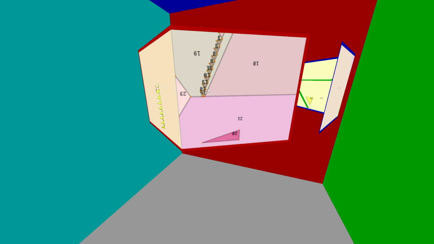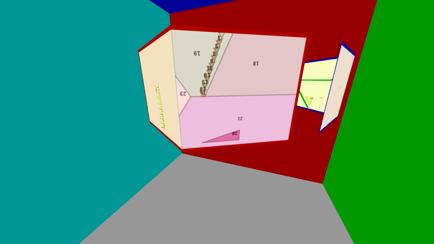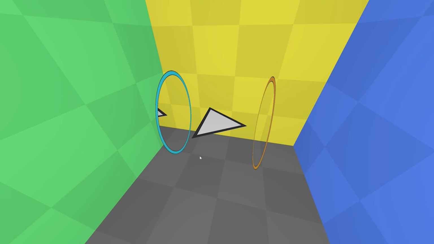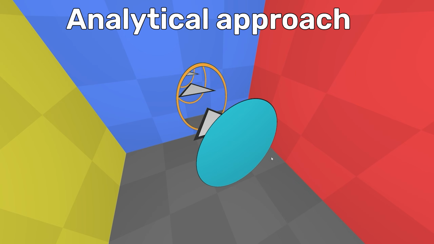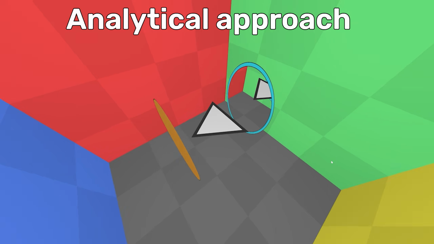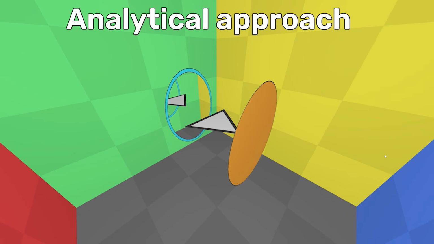This is the bug. Because of that I call this approach naive, because it's easy to invent but it's ineffective and difficult to implement. This led me to believe that I am doing something wrong, and there should be a much simpler way. And I managed to invent such a method, but a bit accidentally. I call this the analytical approach. I will start by explaining it on an object and then transfer this to portals.